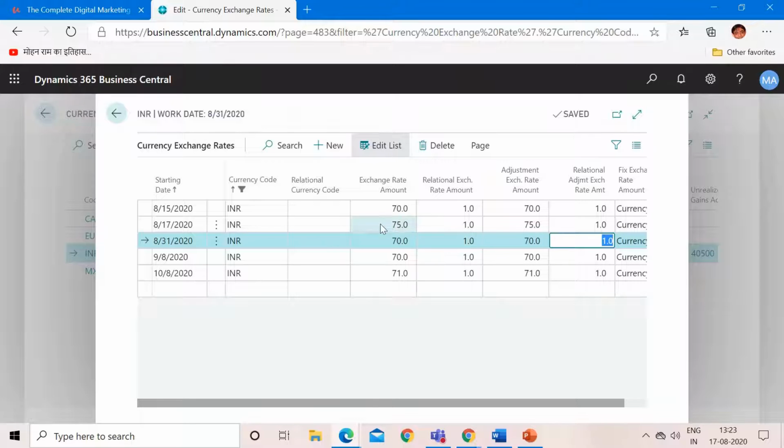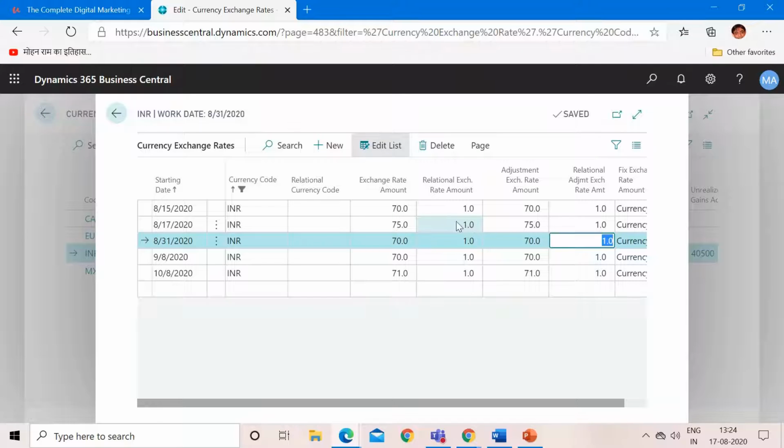For example, if the customer has to pay 750 to us, the customer will pay the same amount 750, but when we deposit that amount in our bank, it will be something like 1.25 or so.